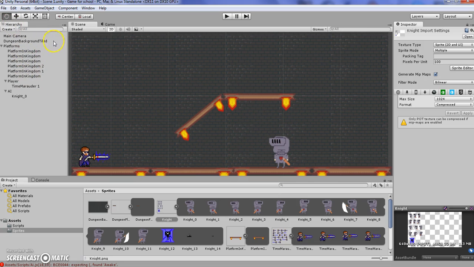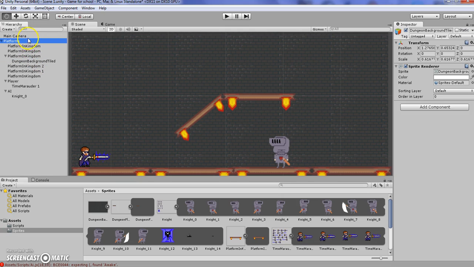So in this corner right here, it's a hierarchy. So, as it's loading, the hierarchy is the order of which all the icons and sprites are